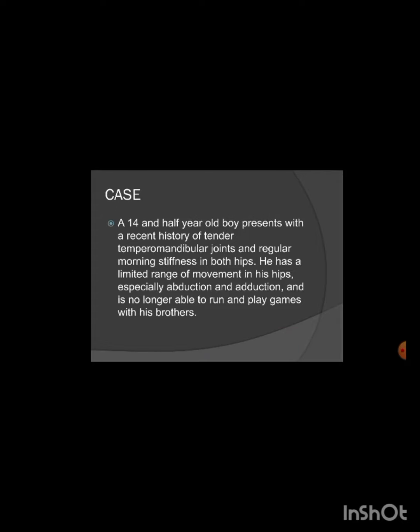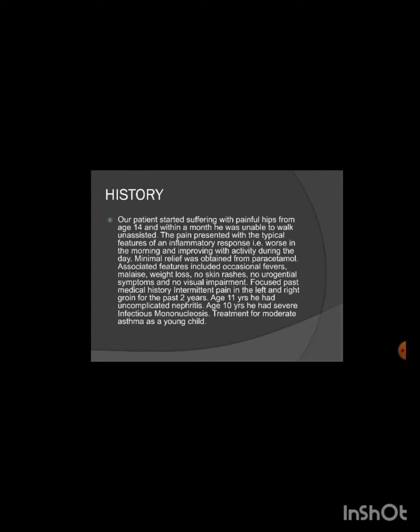So, first of all, we will talk about the history of the patient. What history has the patient given us when he came into the OPD with this complaint? He says he has been suffering with a painful hip from age 14, and within a month he was unable to walk unassisted, meaning he can walk only with the help of another person or an instrument. The pain presented with the typical features of an inflammatory response, worse in the morning and improving with activity